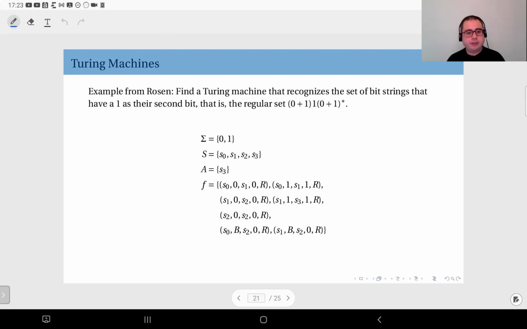So here's an example again taken from the textbook by Rosen. Find a Turing machine that recognizes the set of bit strings that have a 1 as their second bit. Essentially, this is the regular set 0 plus 1, 1, 0 plus 1 star. So the first bit is here. It could be either a 0 or a 1. The second bit, I want it to be 1. And the rest, I don't care. It could be zeros or ones, whatever comes after the second bit,